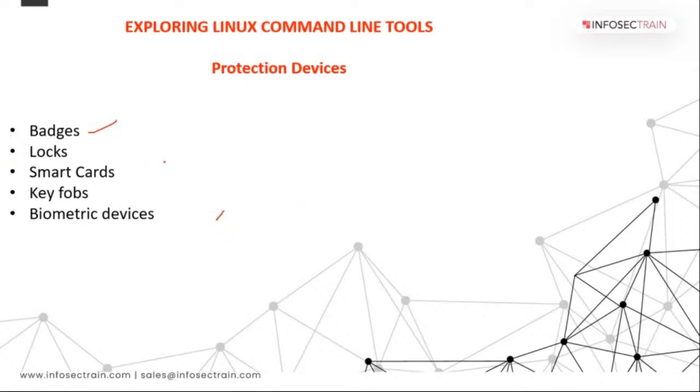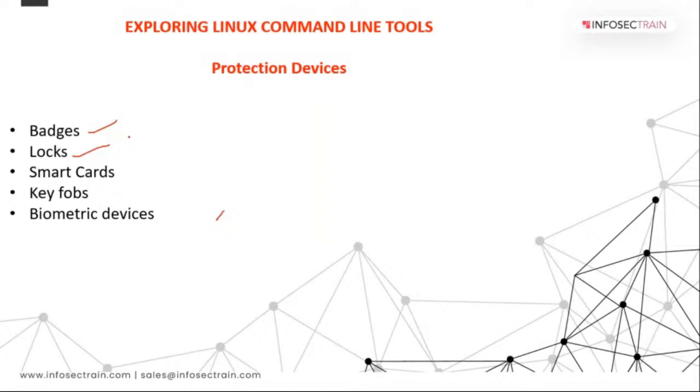Now, locks. There are different types of locks. We have hardware locks in our homes as well, which are also used to provide physical security. Then you have biometric door locks as well. Those are also deployed in front of the doors of your server room, so only the person who has biometrics saved in there will be able to get inside.